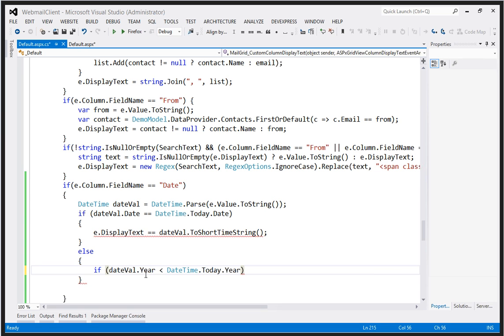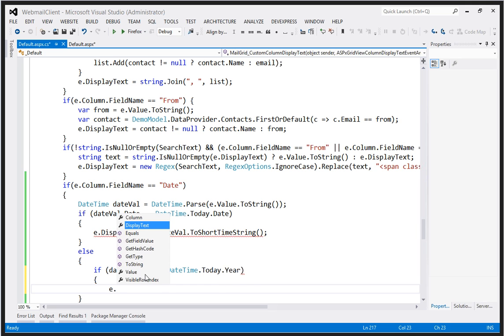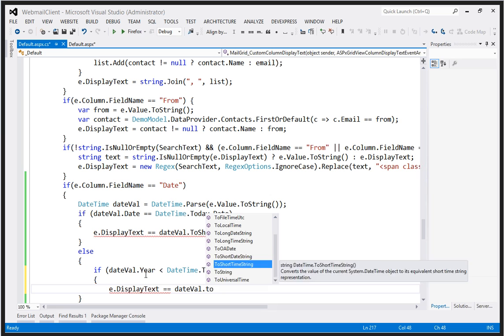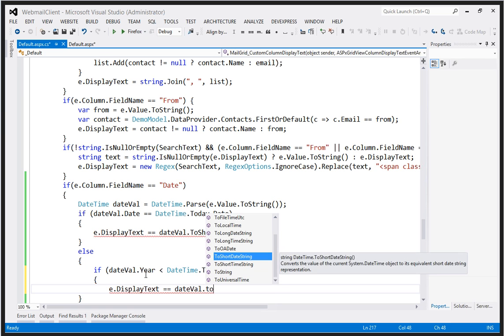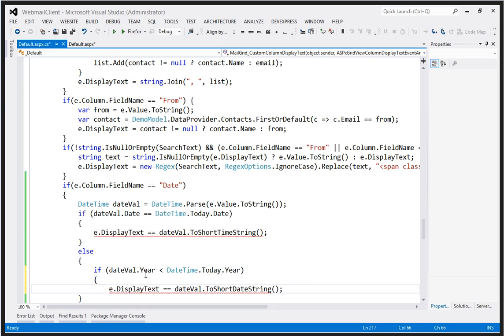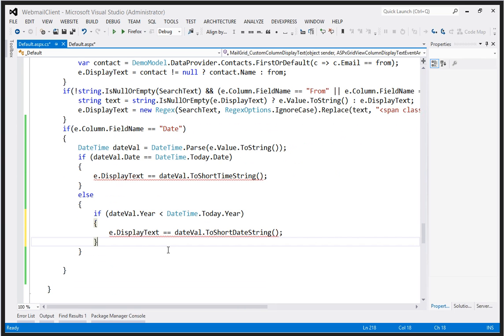And if it is less than this year, then what I want to do is set the display text to show the full date without the time. So in this case, we'll set it to the short date string. So this will show you a date that's similar to, for example, 12/10/2013 or 2012 or something like that. And the else statement will simply be that this is equal to